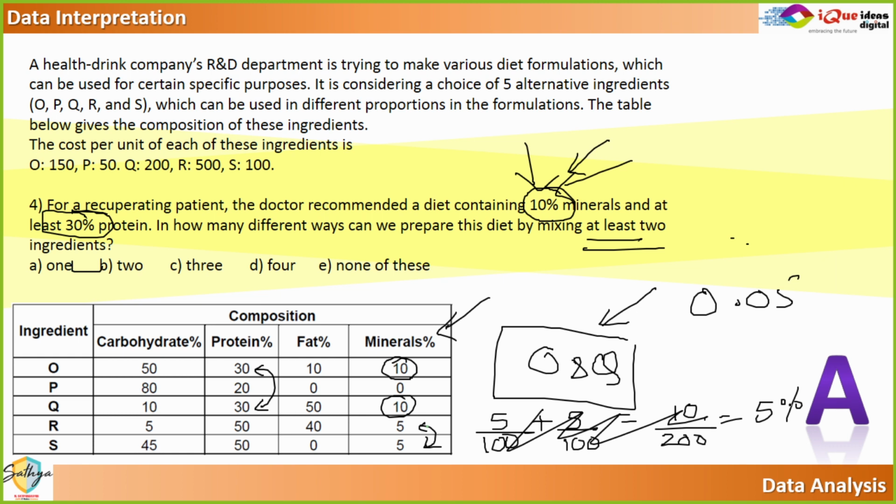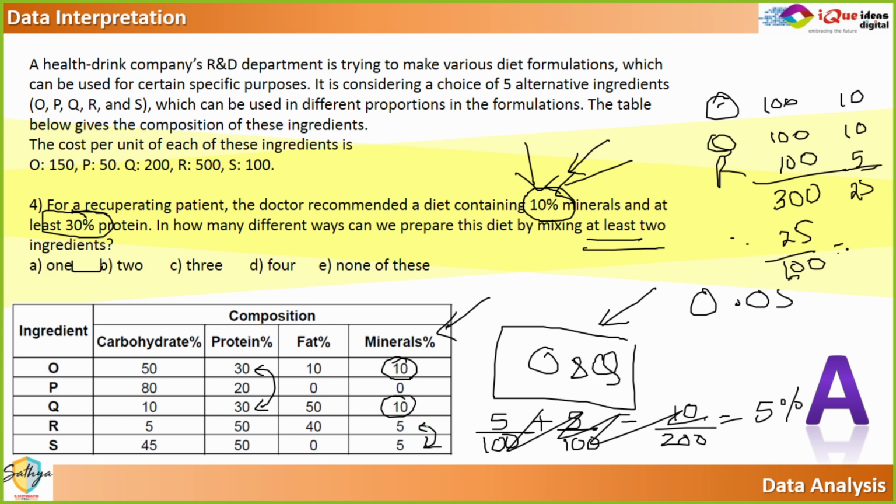खुशी, OQR, चलो. OQR, तो OQR जब आप ऐड करते हो, लेट्स टेक तीनों के 100 ग्राम ऐड करते हो, राइट? सो टोटल 300 ग्राम मिलेगा. उसमें O will give me 10, Q will give me 10, R will give me 5, total 25. So 25 out of 300. So out of 100, what percentage it is? This will be 8.3% something. And 8.3% is less than 10. So OQR को जैसे मिक्स करोगे, मिनरल्स तो 10% से कम हो जाएगा ना?